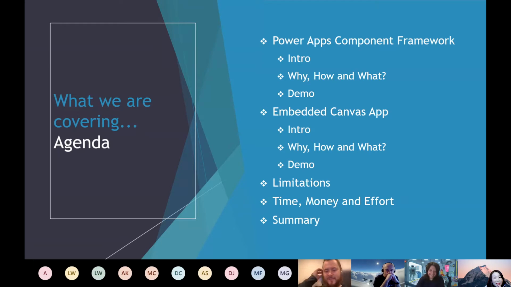So we'll present both the pros and cons of the two versions. But I do have to be a boring management consultant and eventually talk about this time, money, and effort kind of continuum. We'll get to that at the end. But effectively, we're going to go through what's a PCF, what's an embedded Canvas app, what's the difference, why would you use those two, and talk about some limitations, where you'll use them, where you wouldn't use them, and hope to inform you to make a good decision next time you need to embed something on a form and improve the UI.